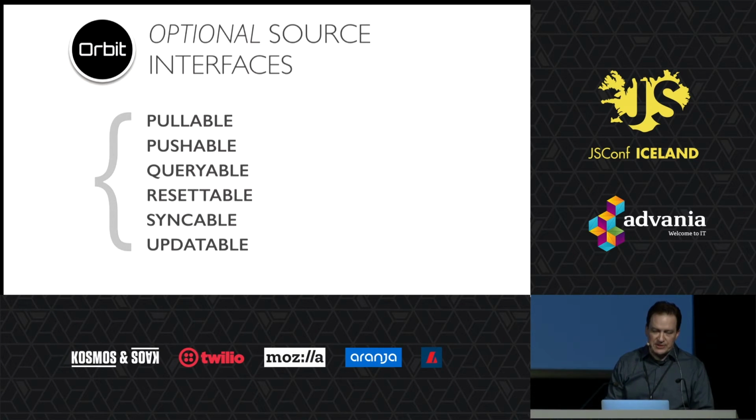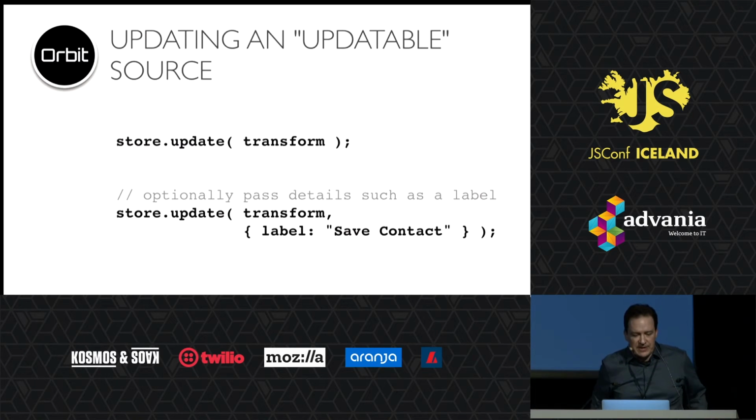And then there are optional interfaces. These are dependent upon the capabilities of a particular source. So you can only directly query some sources. Almost all sources can sync with each other. So the interfaces that you would interact with most are the updatable interface and the queryable interface. The updatable interface